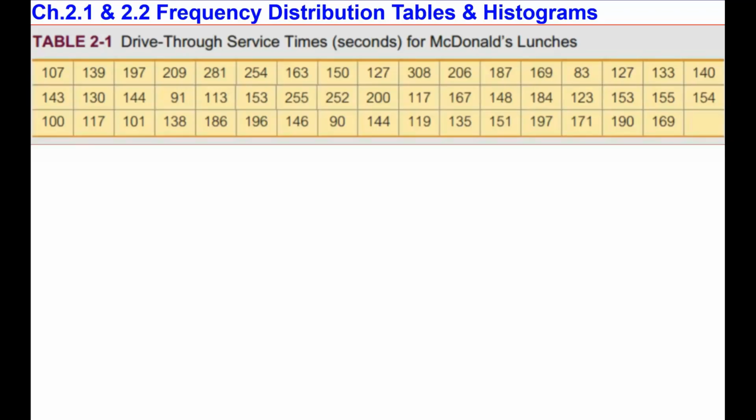Let's say we measure service times in seconds from a sample of drive-through customers at a certain McDonald's restaurant, with the data presented in the following table. It is really difficult, nearly impossible, to tell what the average or mean drive-through time is from this table. We want to organize the data in a frequency table to be able to analyze it more easily.